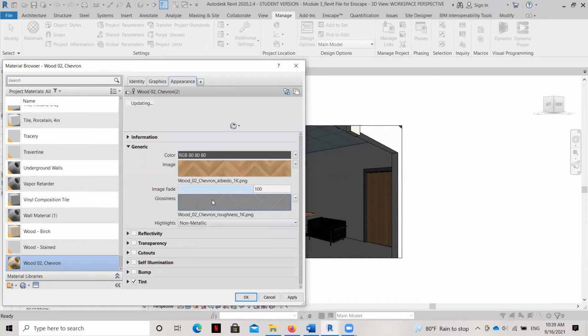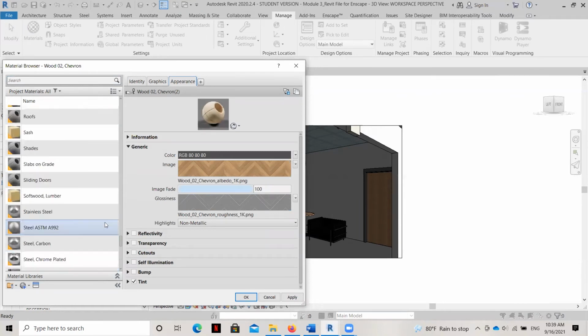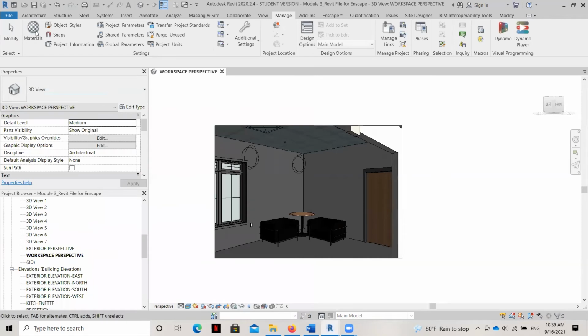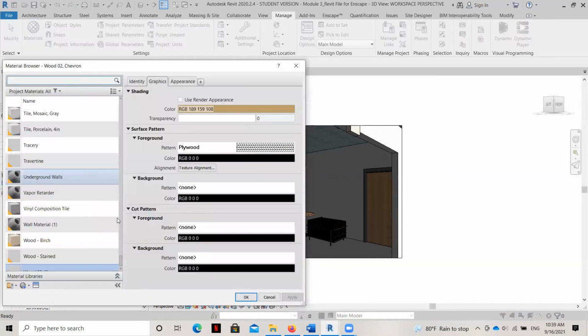You can see that roughness, or what we call bump, right there. You also, of course, can adjust all of the different effects of the material if you like, but I'm going to leave them just like that for right now. So I'm going to hit apply and OK. And then I'm going to go back to that materials tab, and I'm going to do the same thing for the cork and the ceiling.